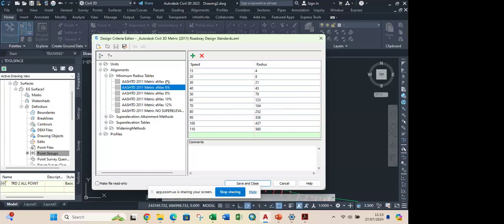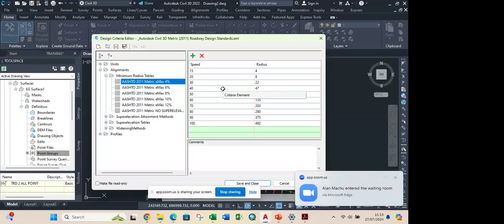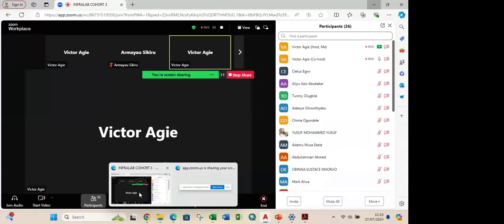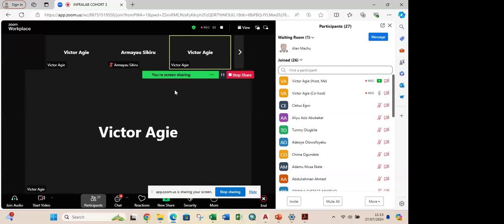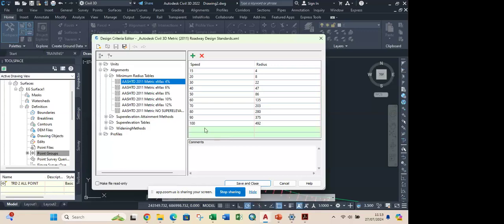If we go for this now, see this one, 4%, you can see them as well. 4% now is 135, 50, 60, this 40, 8. So this will now guide you as well when you are doing the horizontal alignment. So you can see for 8%,